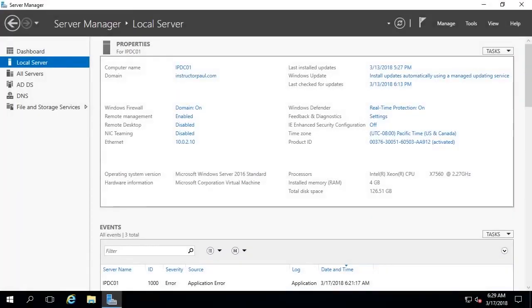Hello there, this is Instructor Paul, and in this lecture, we're going to be covering the basics of Active Directory users and computers. Now, by basics, I just mean that we're going to be covering what administrators do 95% of the time. There's a handful of tasks that administrators complete every single day with Active Directory, and that's what I'm going to be showing you how to do. I'm going to get you up to speed on the day-to-day work that you'll be doing with Active Directory